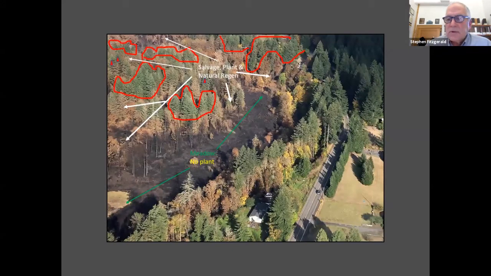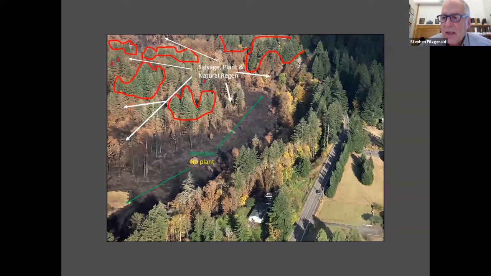So here's a piece of property that burned in the Beachy Creek fire. And you can see here, there's an area here, there's a meadow or a pasture. You don't have to replant that. But what I did here was think about this from a salvage perspective, is that I have a fair amount of pretty good trees that I've circled in red, and then I have some individual trees that I marked to leave in with these red triangles that you see up here. And then what I have here is that part of this property could be salvaged, leaving these islands of green trees to provide structure and habitat and variety and aesthetics, but also to provide seed that might help regenerate the